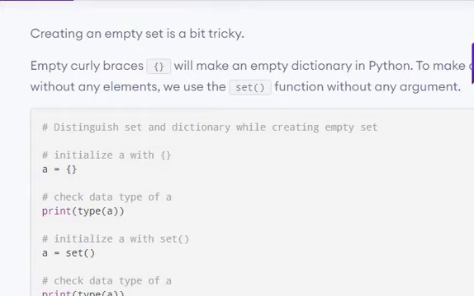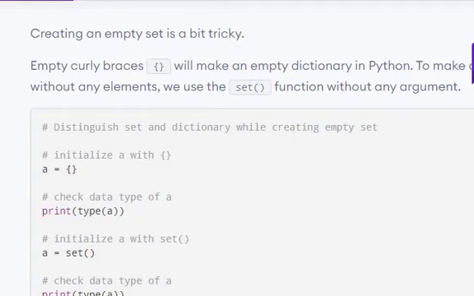What is important is that creating an empty set is a little bit different. In lists and tuples we can simply put the concerned brackets. If I want to create an empty list, I can simply put empty square brackets. If I want a tuple, I can put empty parentheses. But to create an empty set, I can't use empty braces. Look at this example and check out the type.